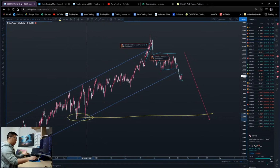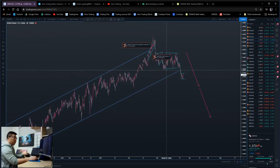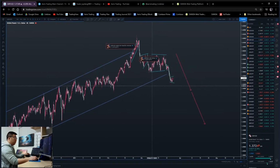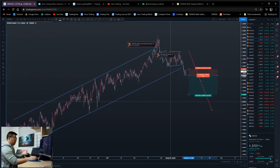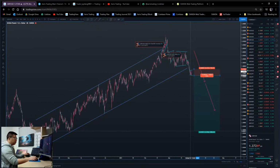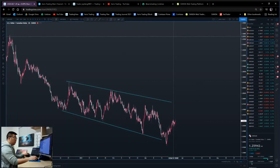or even this area, which is ultimately the beginning of this correction here. But that's going to be more of a long-term hold. First is to see if we get a correction here, and pretty much just setting a stop loss order, right? That's what I always do. Whatever the stop loss will be, the bottom would be a lot of profit, but let's see what will happen if we reach this area first. But of all the dollar pairs, I think Kiwi dollar is good, pound dollar is good, and